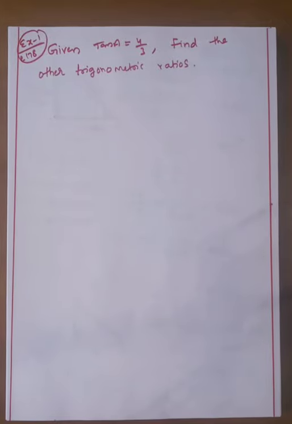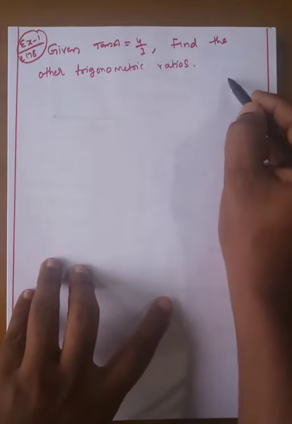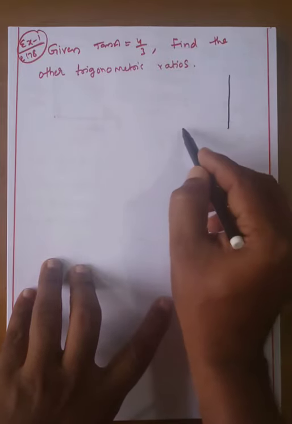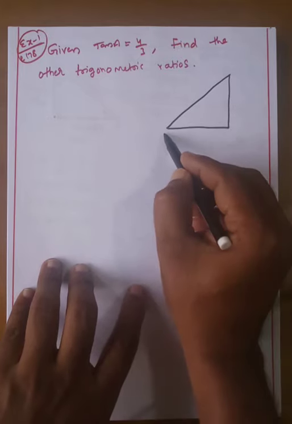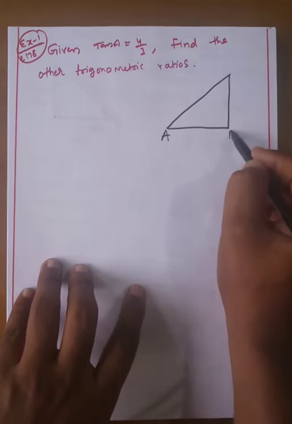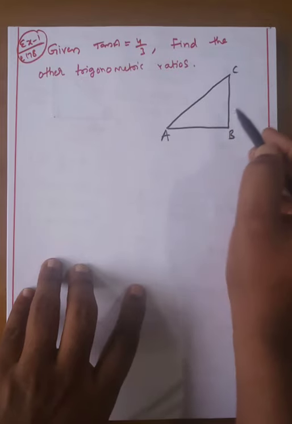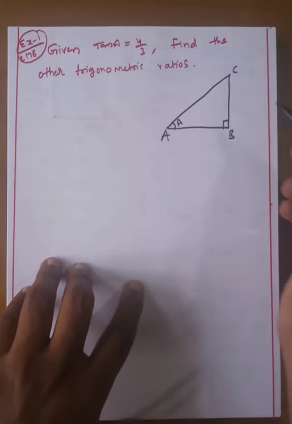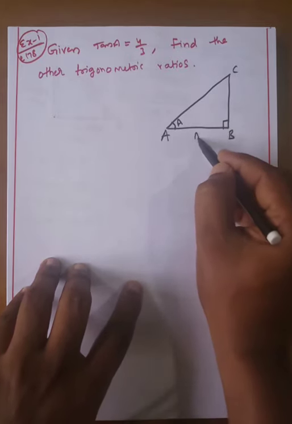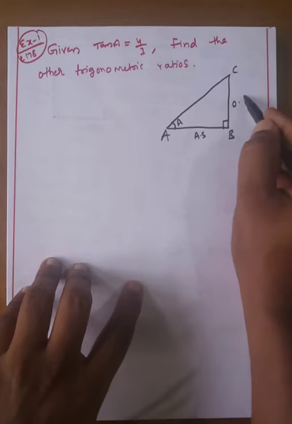Okay, my dear students, observe what is given. Tan A is given. What is the formula of tan A? First, tan A or any trigonometric ratio is defined in a right angle triangle. That's why we will take the right angle triangle first. Draw the diagram, and after that we go to the problem. Suppose this is A, this is B, here 90 degrees. This angle is A. Now this side is the adjacent side, this is the opposite side, this is the hypotenuse.